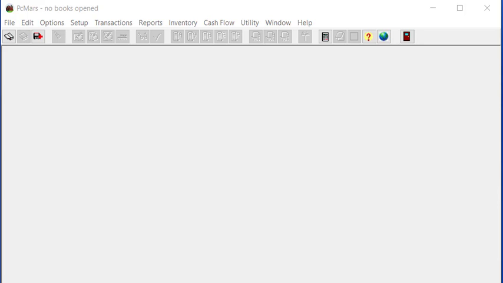I'm going to go over the procedure to restore your set of books from a backup on a flash drive. This same procedure will work if you need to restore your books from an email also. In this example, I'm going to show you how to restore your set of books into PcMars from a flash